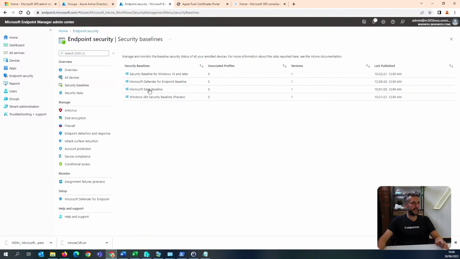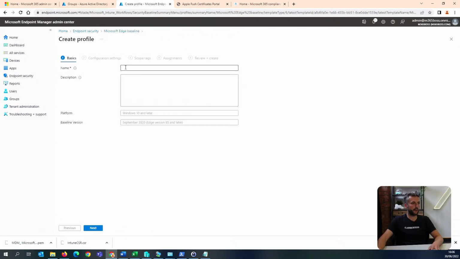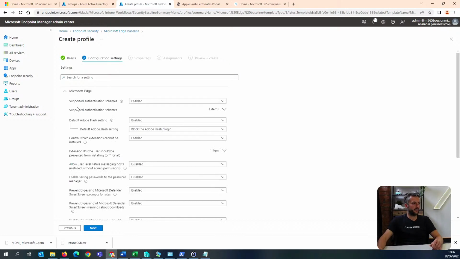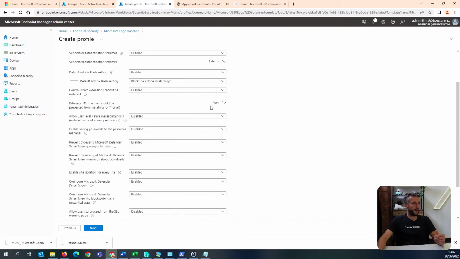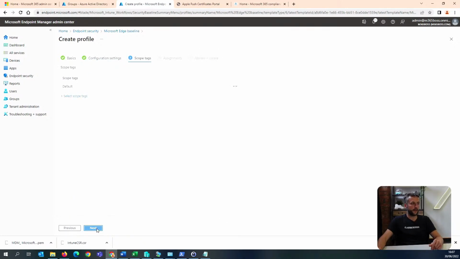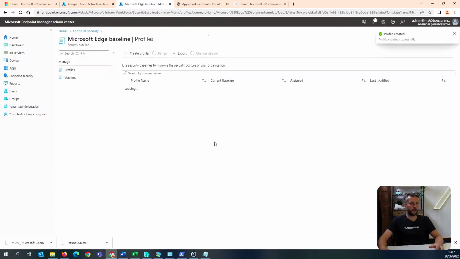Quickly as well, we've got an Edge baseline as well. So we'll quickly create that. And again, this applies a lot of default settings to Edge. Bear in mind, this blocks extensions unless you specifically allow them. That's one of the biggest things within here. If you've got certain extensions you're using, you may want to come and add them in here. And we're just going to next, and all devices, next, and create that one as well. So we've done our two baseline policies when it comes to